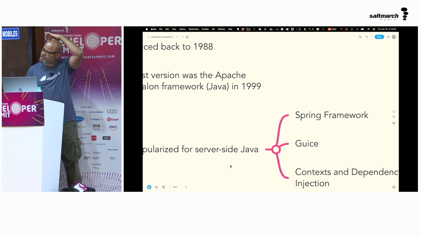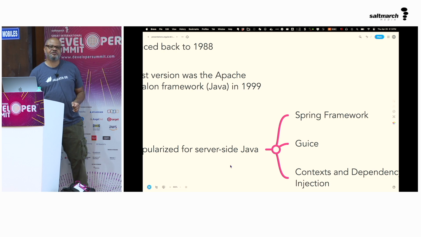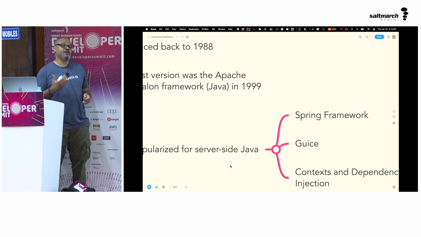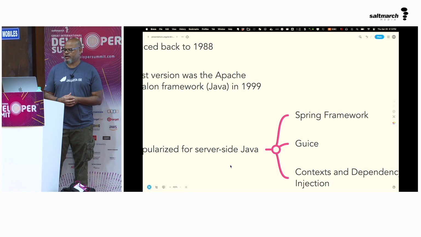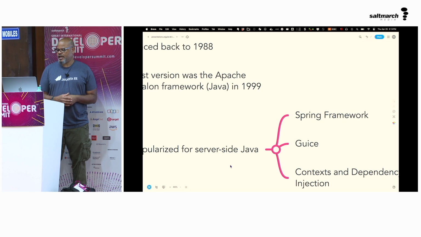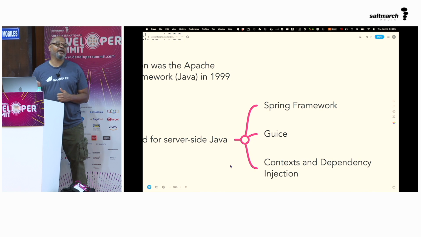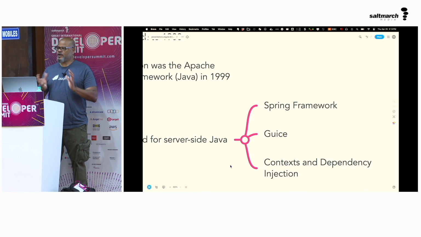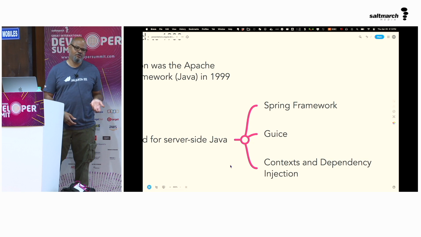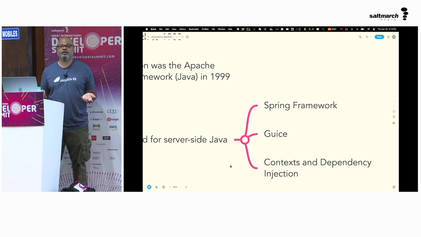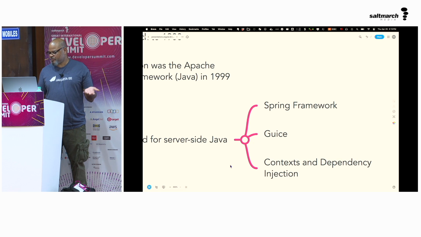One was the Spring framework, which heavily popularized the concept. Then Guice was another one, which came from Google. Later on, Java EE, Jakarta EE, had Contexts and Dependency Injection, or CDI. Somewhere along the way, people started calling it dependency injection instead of inversion of control, which honestly is a much better way to explain it, right? So that's the brief history.